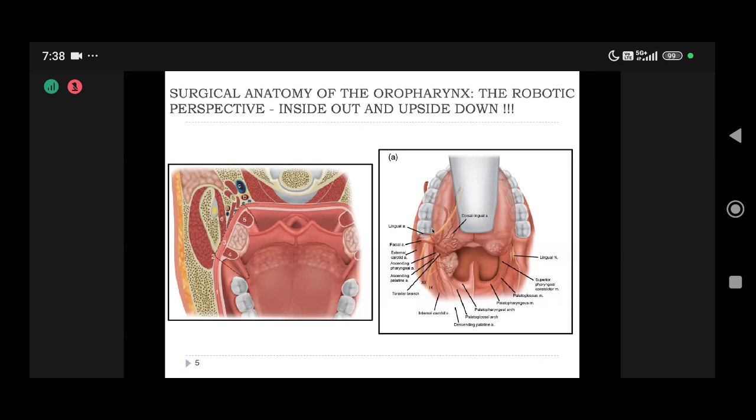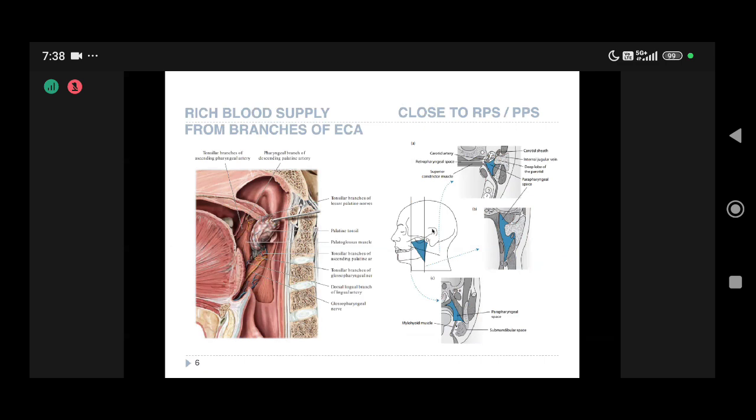It takes a little bit of time to get used to this anatomy, and it is very important because every structure is important for your margin when it comes to oropharynx, and we'll talk about it again later. Again, what is very important in this space is that it is highly vascular. There's a lot of blood supply which comes to all of the structures present, be it tonsil, be it base of tongue, be it the pharyngeal mucosa, and all the branches of external carotid artery somehow give supply to this